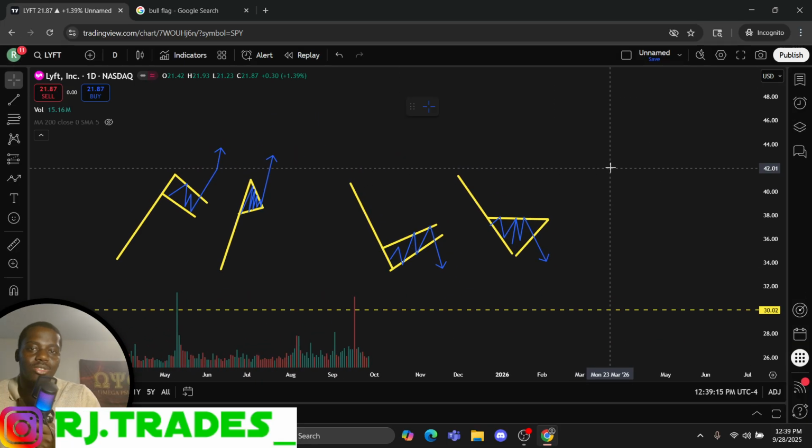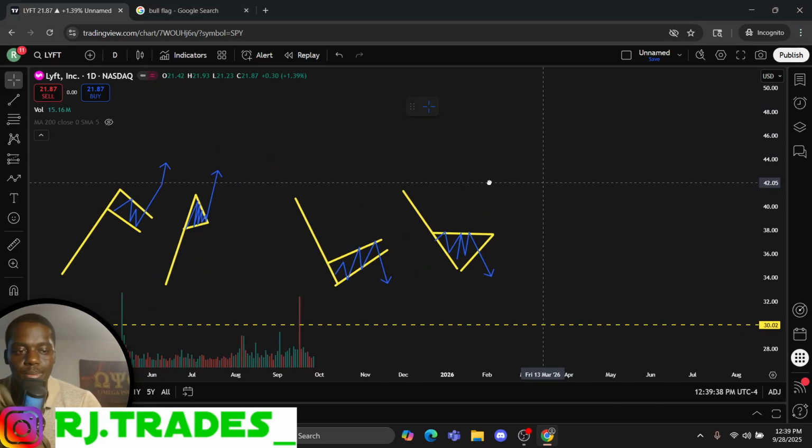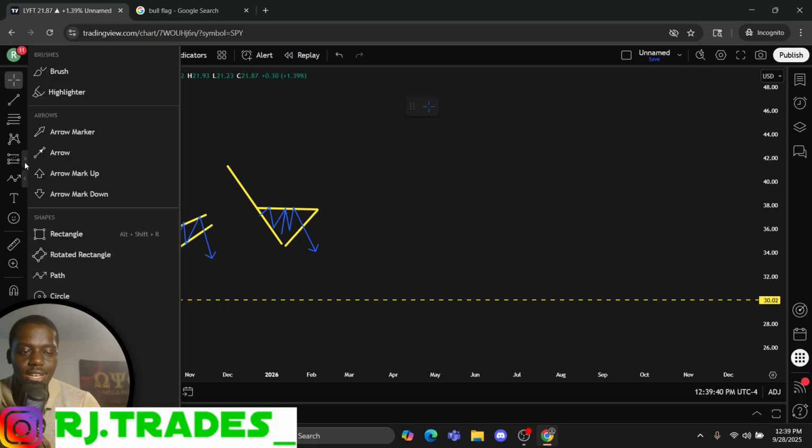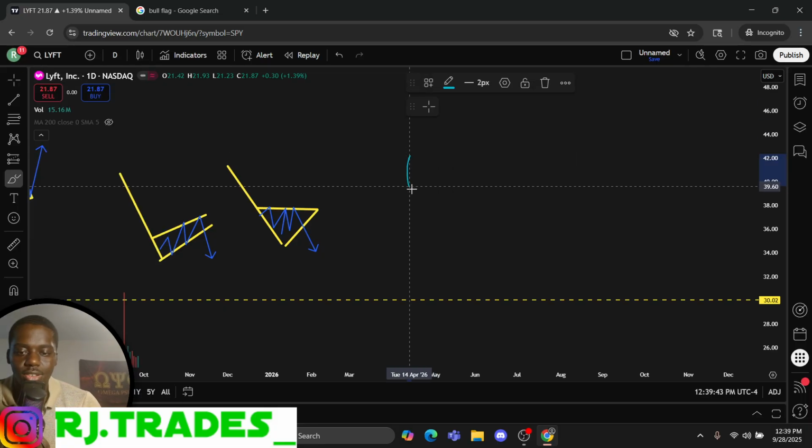All right, so I'm gonna show you guys two more chart patterns here, real quick, and these don't happen as much, but they do happen. The first one, I'm gonna give you guys a bullish one. This is called the inverse head and shoulders. Then you have a regular head and shoulders, and I can show you an example of both. The inverse head and shoulders is a bullish chart pattern that is going to look just like this. The candlesticks are going to form, and it kind of looks like a face a little bit.